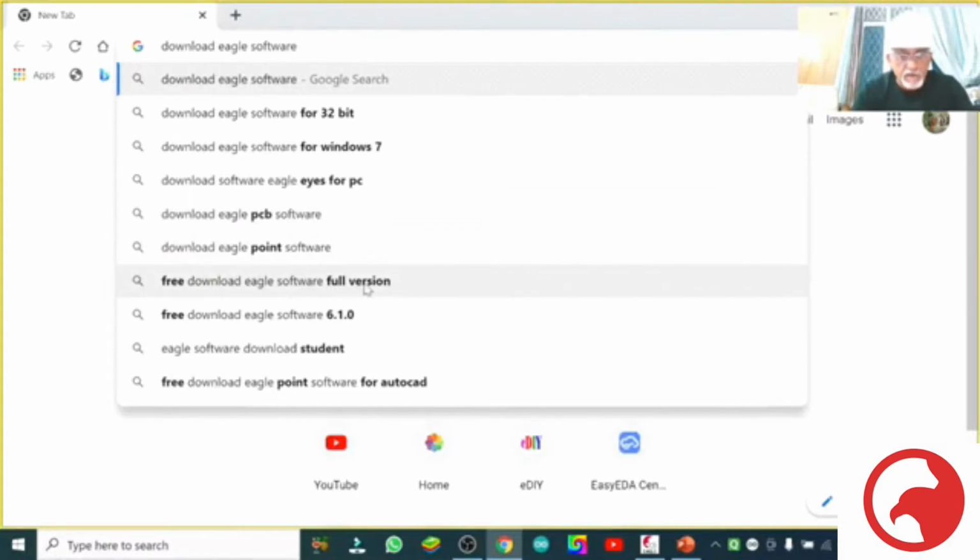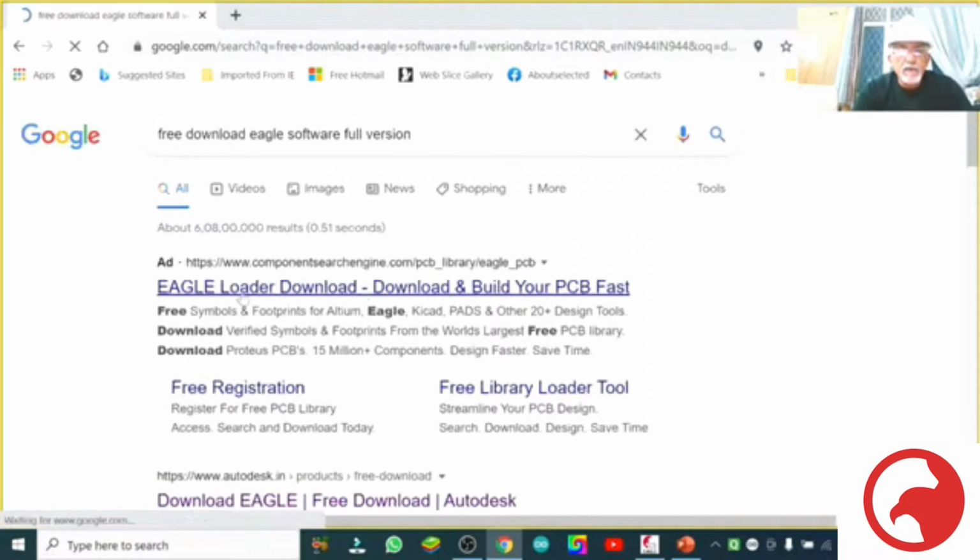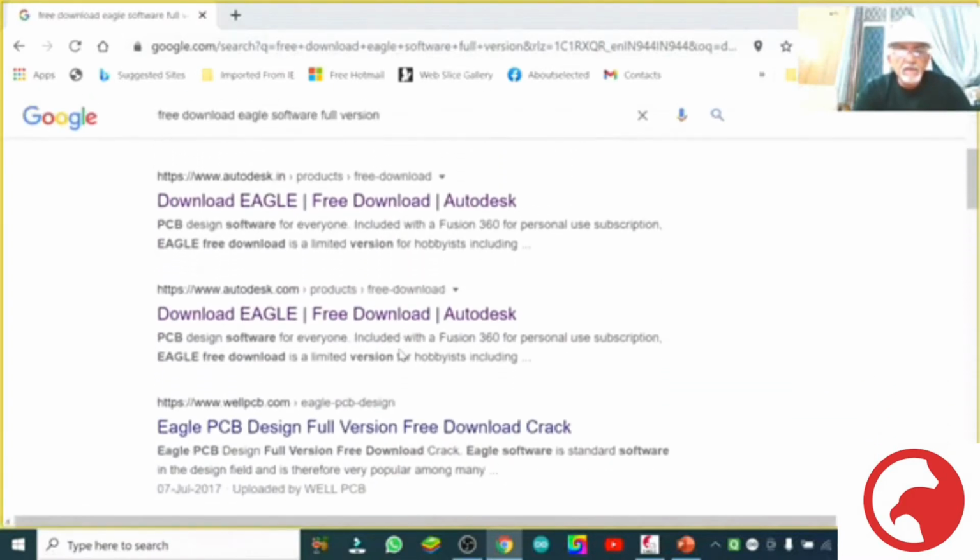So let us choose this free download Eagle software full version, so that we can search for the latest version 9.2. Now Eagle Loader download and build, but we will select the actual one from Autodesk because the Eagle PCB designing software belongs to Autodesk.